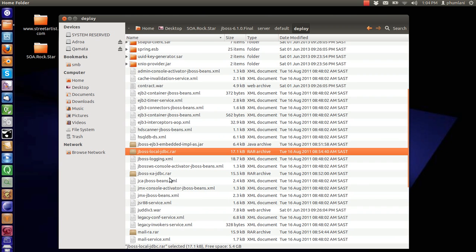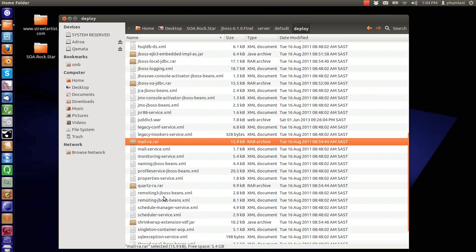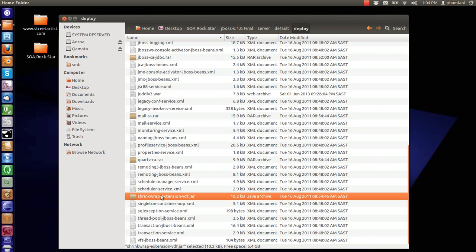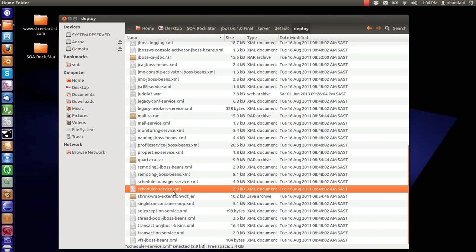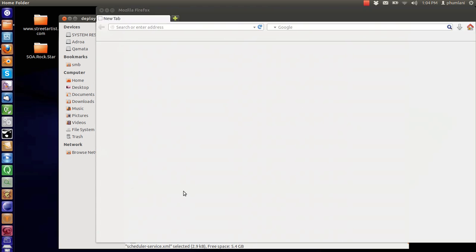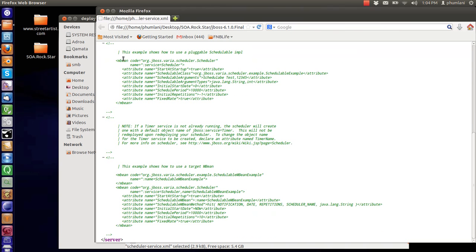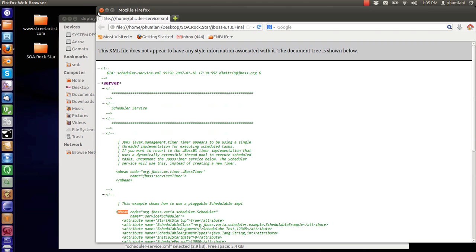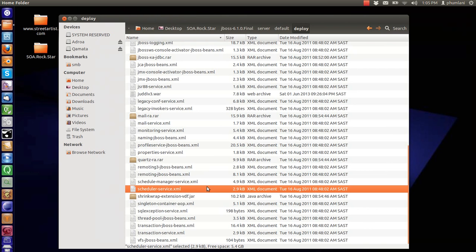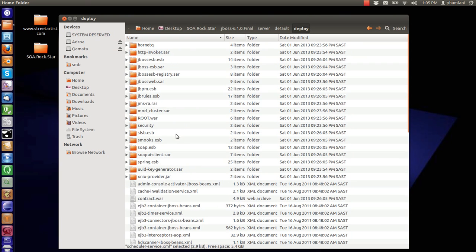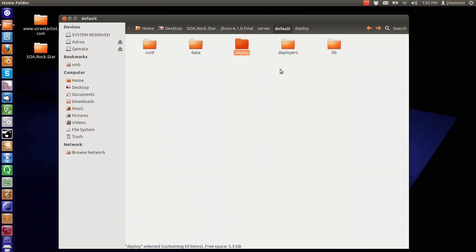But anyways, these are supporting JARs for EJB, JDBC, mail, Quartz. The timer service makes use of that. Shrinkwrap extension, I'm not sure what that is. And we also have a configuration file for this functionality, like the scheduler service. Here you can configure MBeans. So you can configure MBeans and use it as a scheduler and schedule that bean to do some work. We're definitely going to do an example. I've used that before. I do have example code that we can use. Okay, I think that's about it